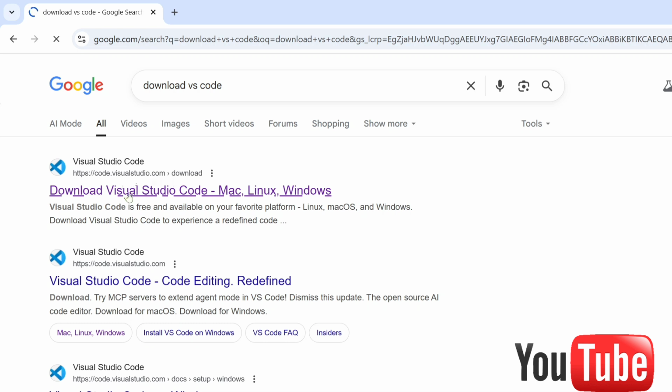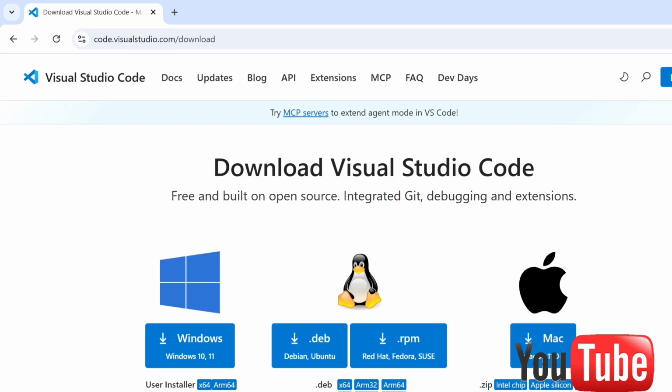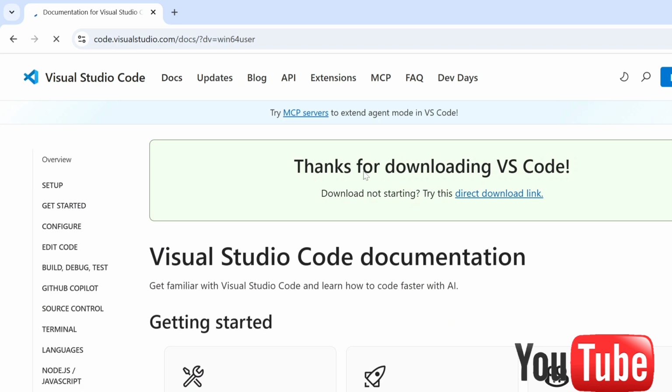Click on this link. Now you can see download Visual Studio Code. I am using Windows, so I will download this version. It is compatible with Windows 10 and 11 both, right? So click on this download button, and here you can see our VS Code